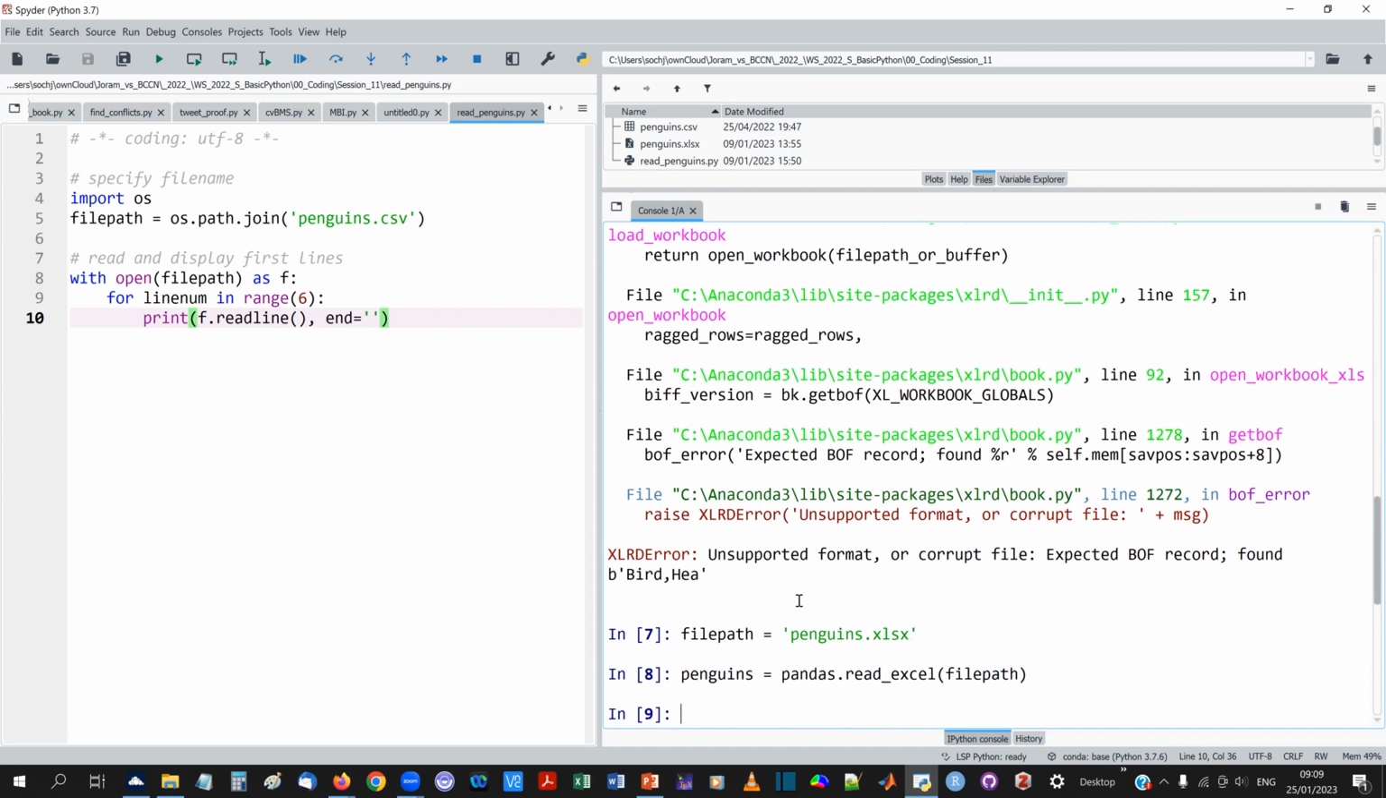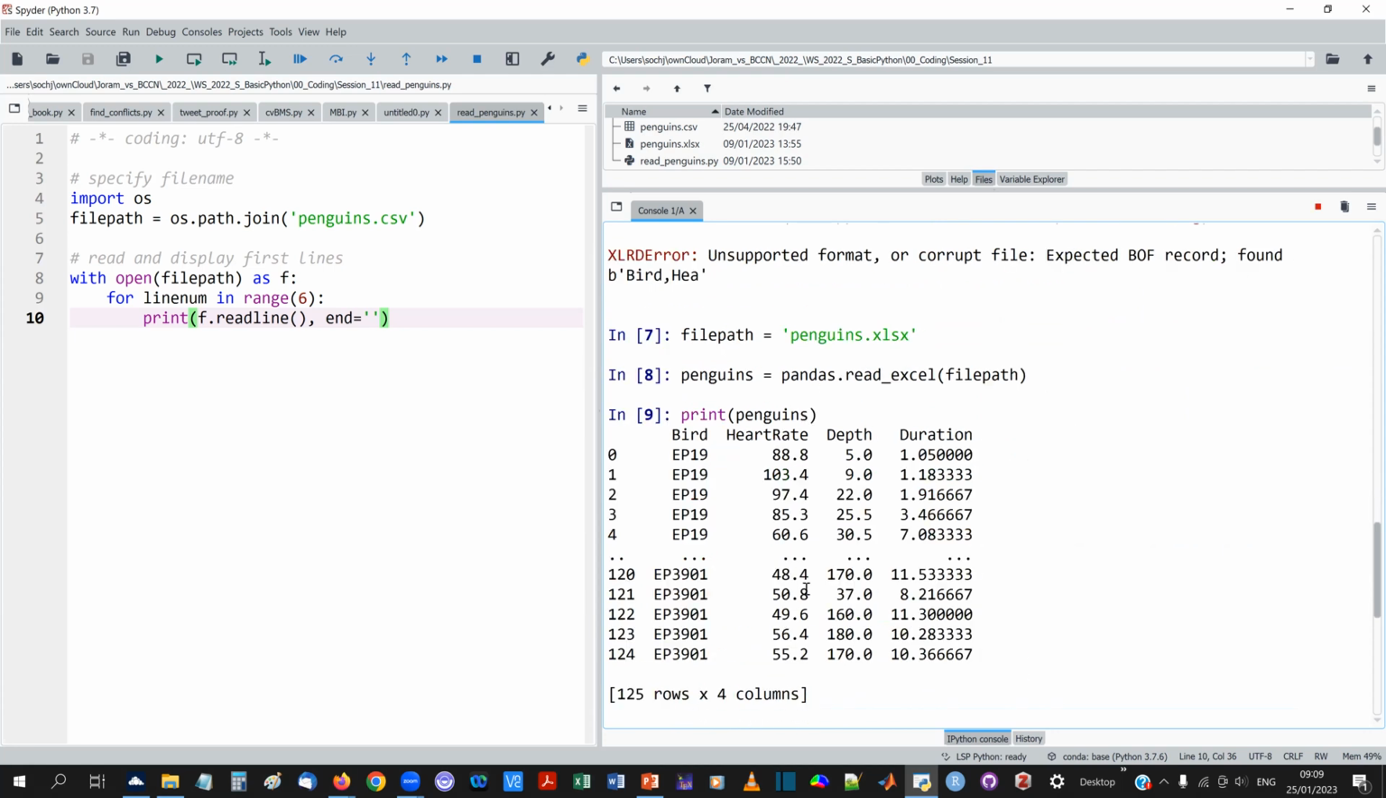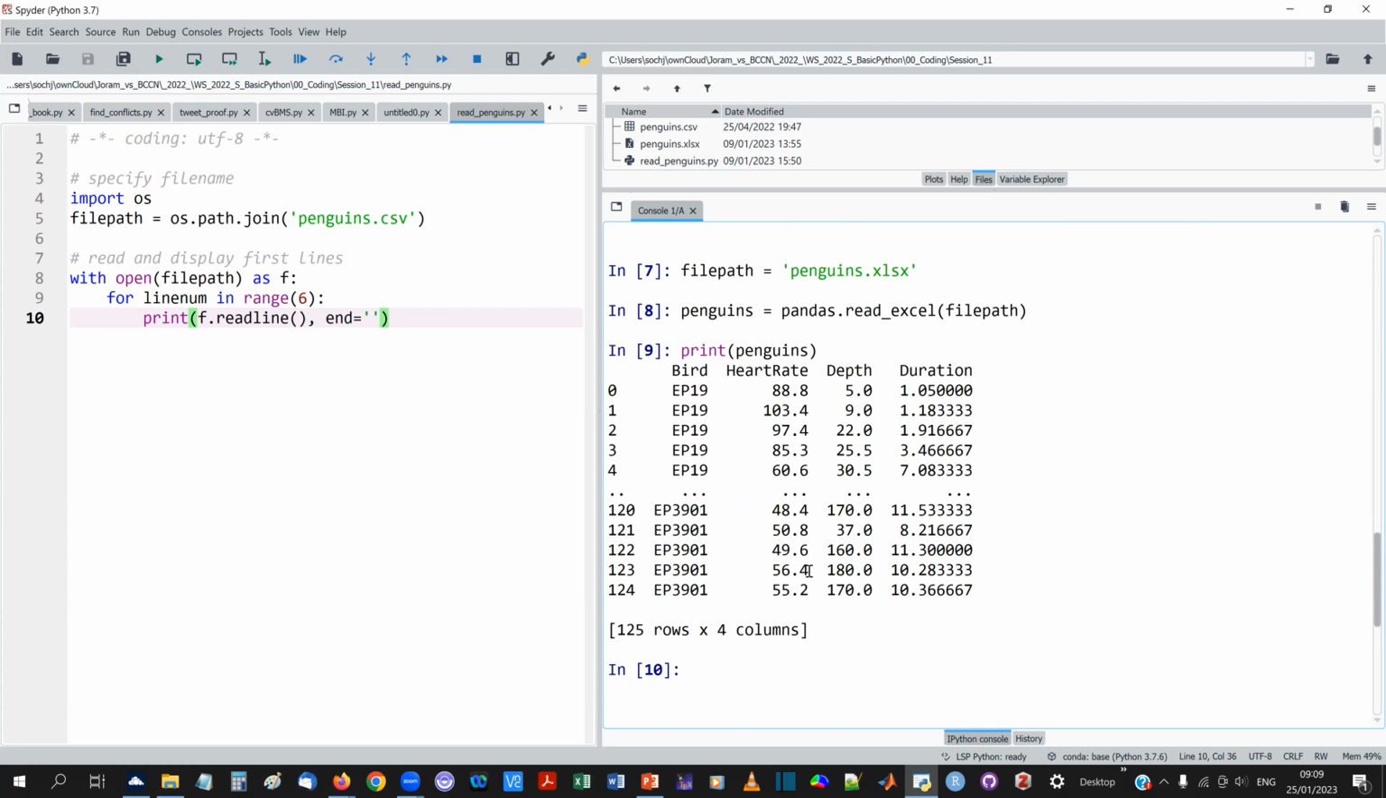And one more time. And if we print this, we see that it has the exact same contents as the CSV file. So before we go on with having a closer look at this penguins variable, I just want to make one short point,